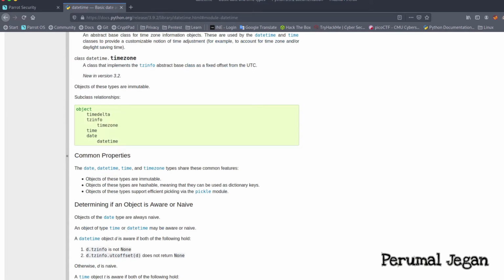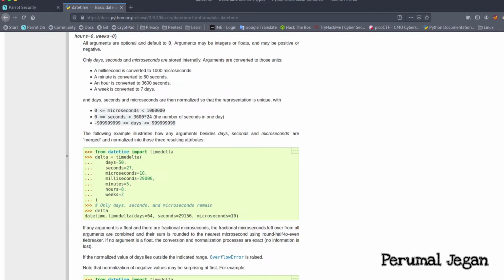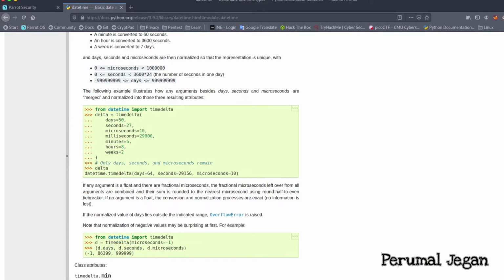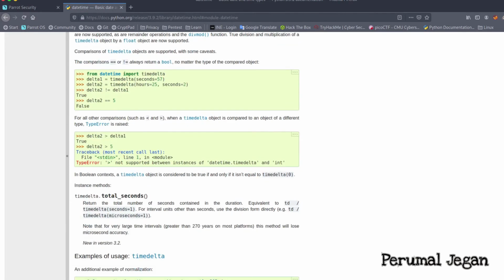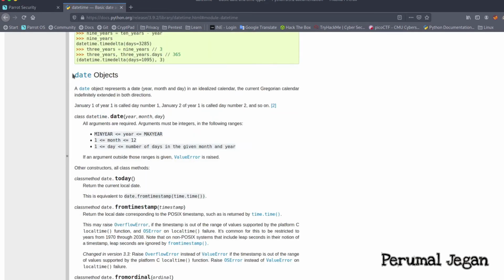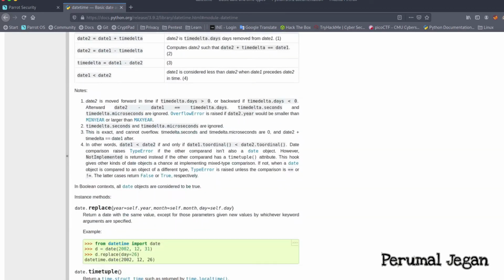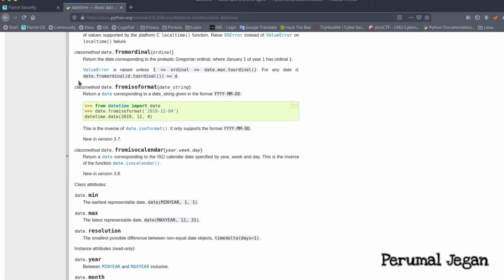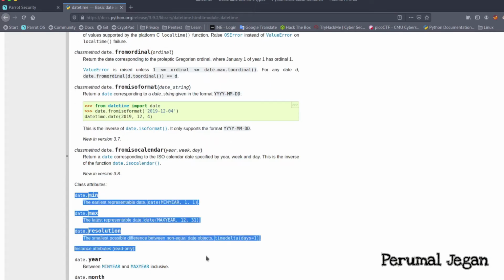So before you write Python, make sure you know how to write basic Python programs and its syntax. When I scroll this module, it will give detailed information about it. They wrote a program by using this module, and that is what they gave here. They explained the date object. These are the different functions, and the attributes we can call.